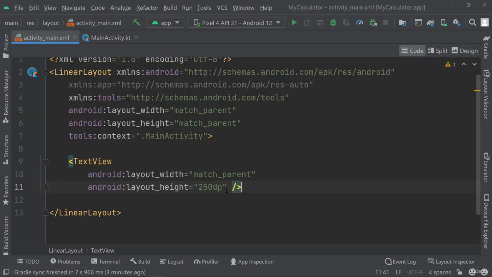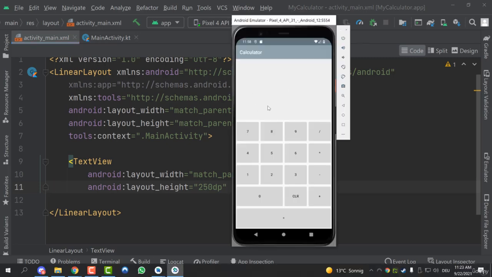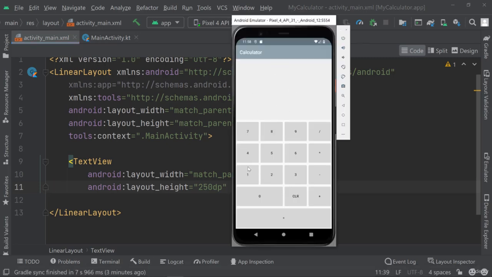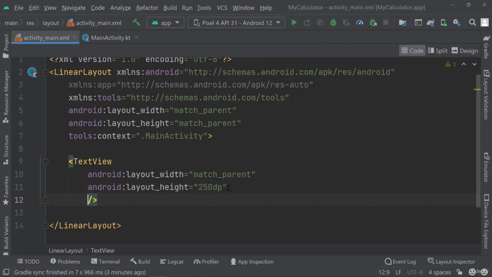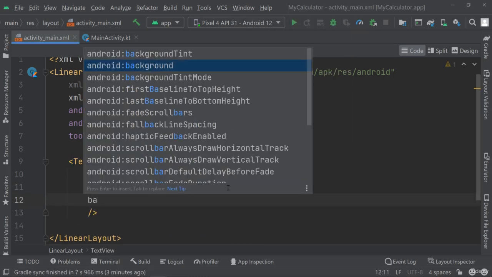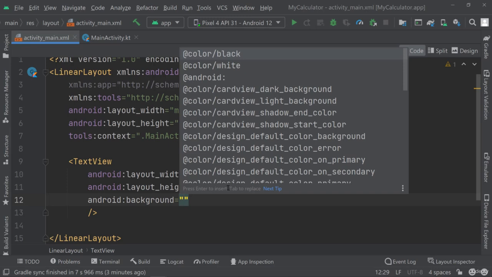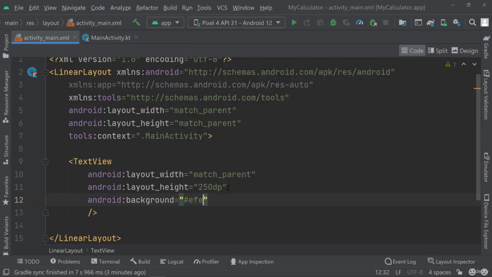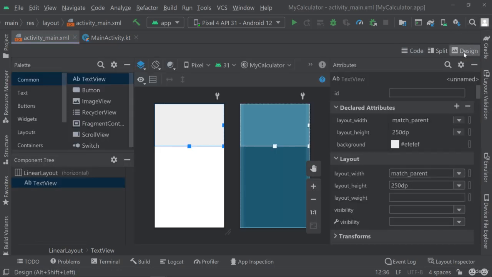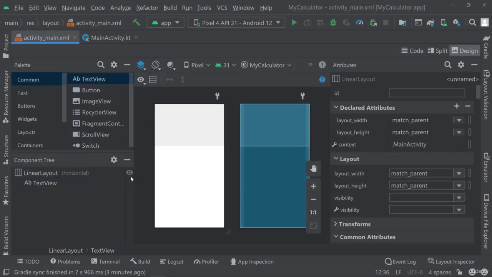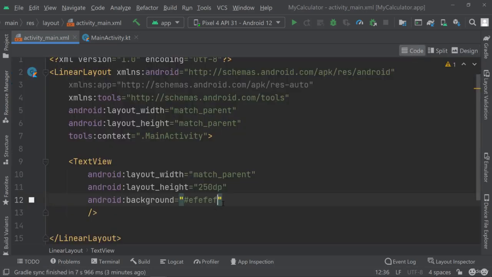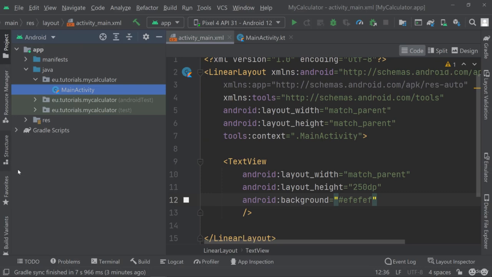Okay, so that's our text view, and I want this text view to have a grayer color. So you can see it has not a white background, but it has a gray background. And in order to achieve that, I'm just going to give this a background of EF. And this is just going to be this grayish color. If you look at this designer now, you can now see that there is a difference between this white and this light gray color. So it's a super light gray, and you can of course go ahead and create a